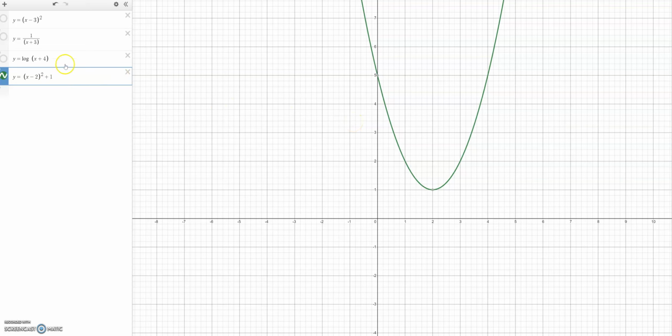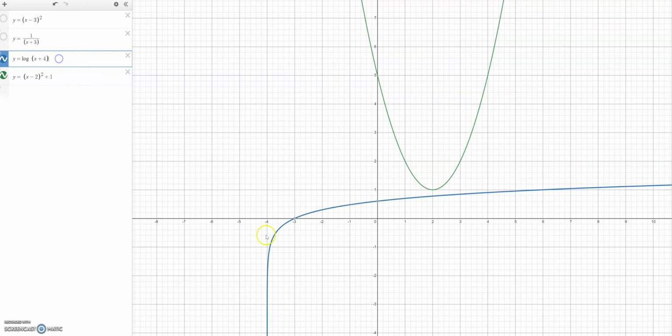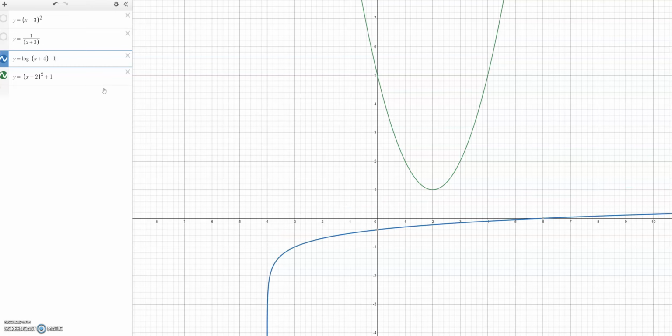Both of them. I can do the same thing with my log, for example. So this one is already shifted to the left by 4. How about I move it down by 1? There you go. Very, very straightforward. And you can do this to any